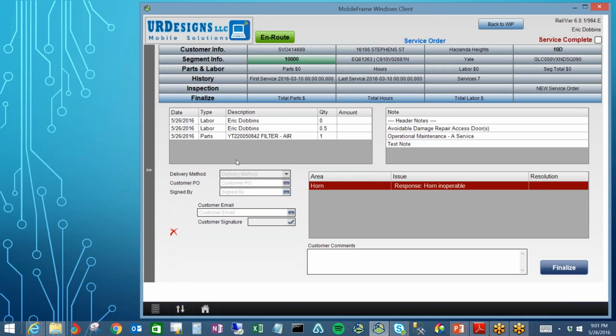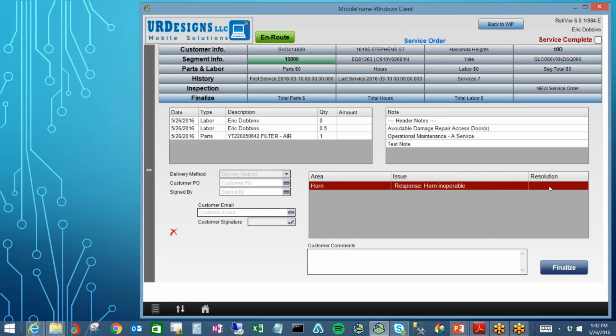So now what we're going to do is this has the information with everything on the service order, all of the labor that was associated, all the parts that were associated, the header notes, the information, and even the note that we added. And now notice down here, one of the things that I was mentioning, here's the place where you can start your conversation with your customer. And they will notice this, that the horn is inoperable. So they basically would know at that point they need to do something to let you know whether or not you would want to actually